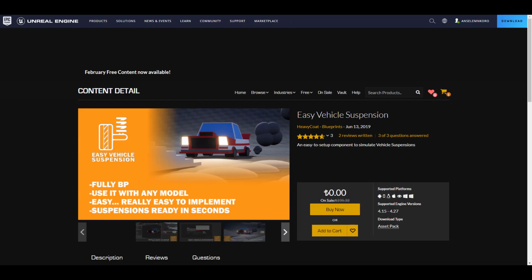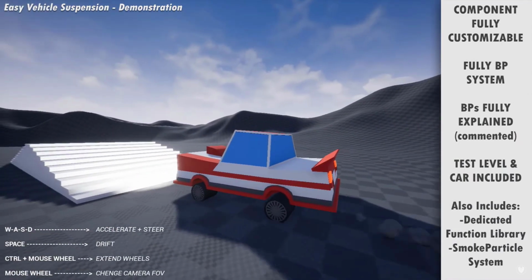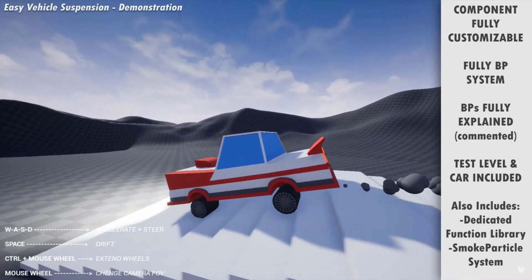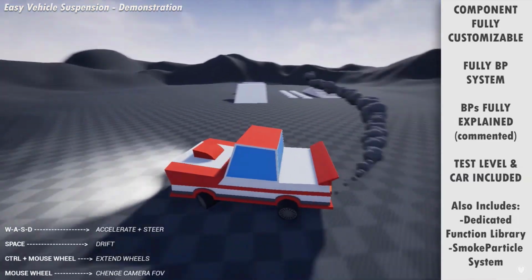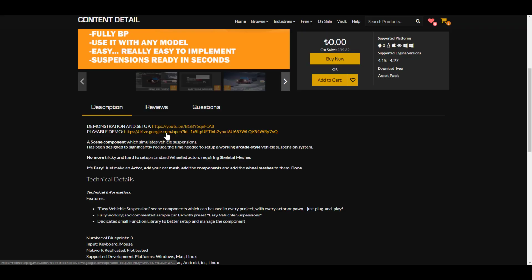Now getting started, you might want to consider taking a look at the Easy Vehicle Suspension, as this is basically a blueprint set of tools that you can use. Now this actually allows you to easily set up components to simulate vehicle suspension, and regardless of any model that you're trying to work with, this would come in very handy. The way that you can work with this is super easy, and for those who would like to take a look at the playable demo, there's a link to the Google Drive that you can take a look at and